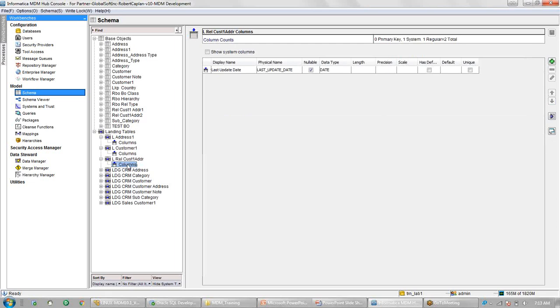Why 255? Because we are passing the primary key into the pk source object column, and the pk source object column is 255 characters. So usually we follow that convention. It's not mandatory that we should put 255 only, but as a best practice we can put 255. So here I have the customer row ID column. In my base object I had given character 14, but here I will give character 255. So that is one difference.